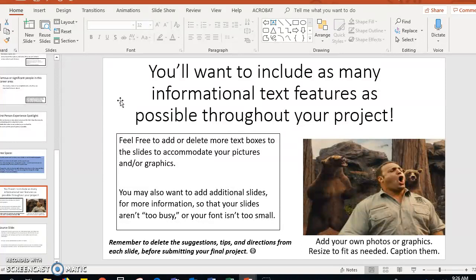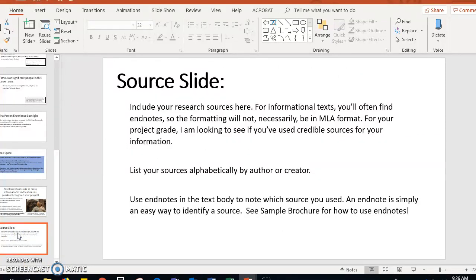Remember to delete the suggestions, the tips, the directions from each slide before submitting your final project. So obviously this slide here, you would probably delete it once you go back and check that you have all of that information. The source slide, of course,